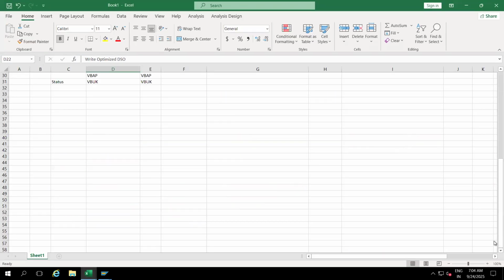Next, what step do we need to do? We created the write optimized DSO. This is one step: the flat file, CSV file created. The second step is creating the DSO, and the third step is creating the data source. Create the transactional data source. If you have any doubt,